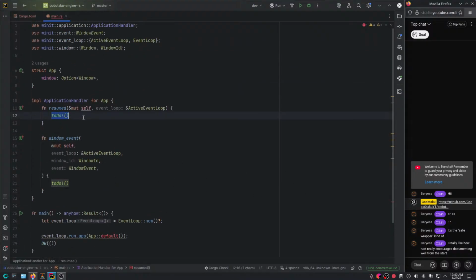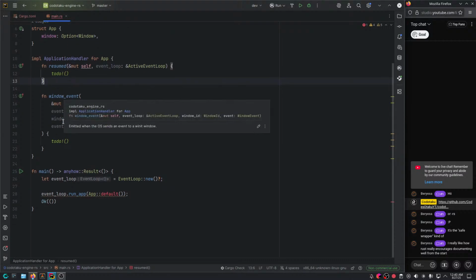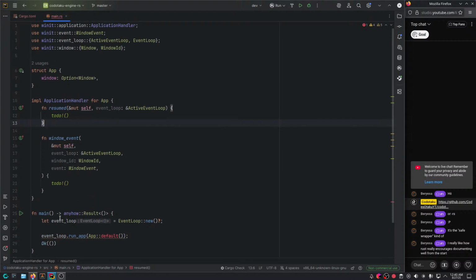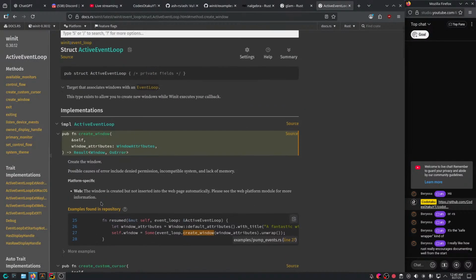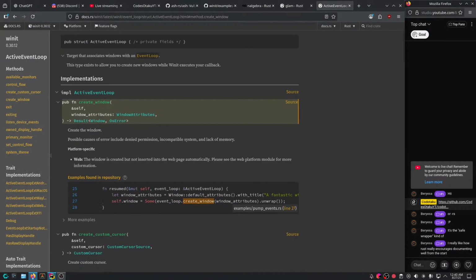So the resumed here is where we're actually supposed to create the window. Let me tell you what's going on here and exactly why it is this way. Because in Android, you're not supposed to create a window until you get a resumed event from the lifecycle. Maybe also iPhone, I'm not sure, but that's basically the case.